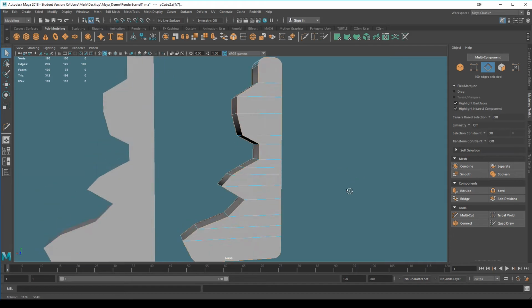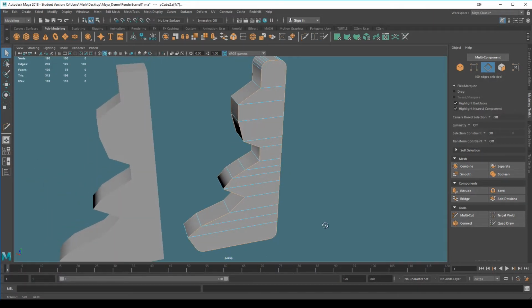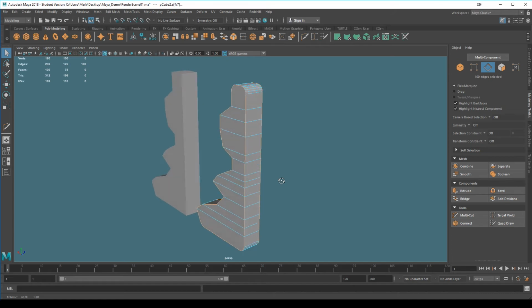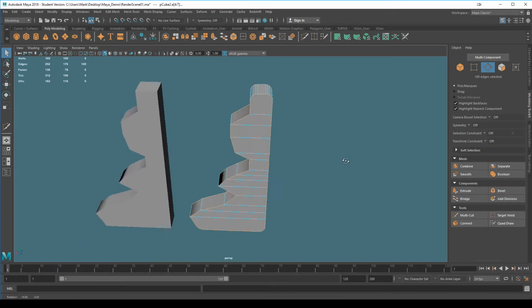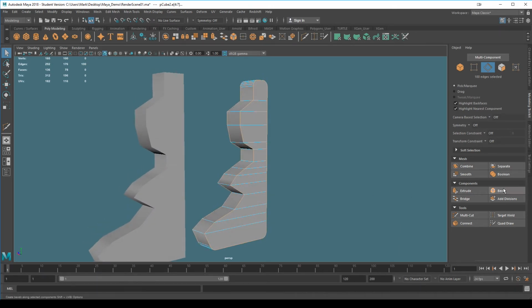Hit F to focus on my model so I can orbit around more smoothly, and I've got just the outside edges selected. Without having to explain that, that'd be a very quick process. So it is actually quick and easy. Now that I've got just those outside edges, nothing on the inside selected, we're going to go into bevel,